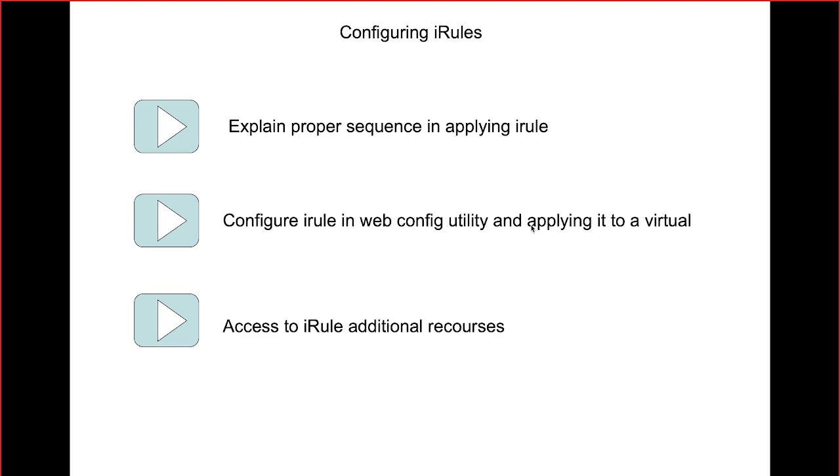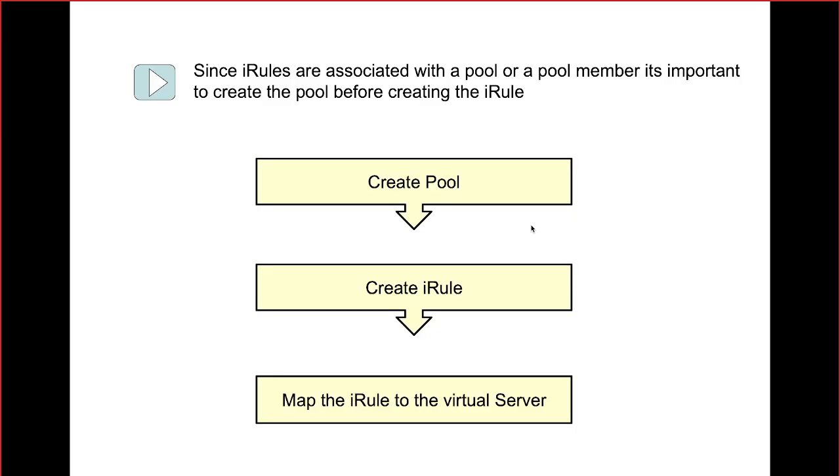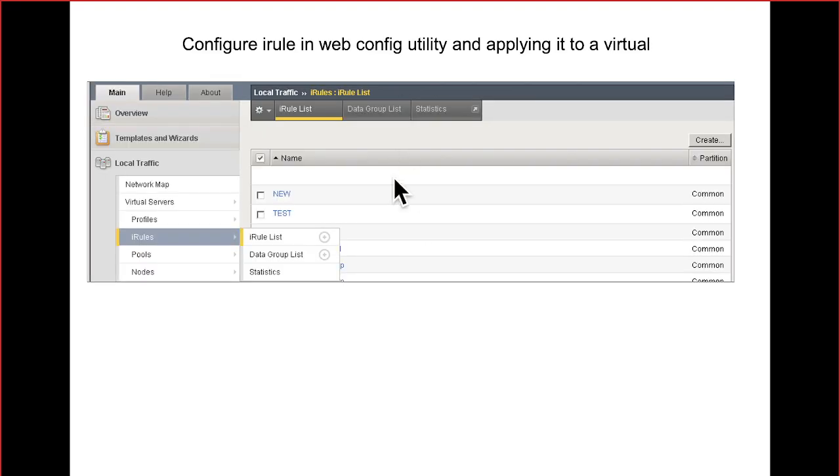Okay, fine. Now let's see the sequence of configuring. We are creating a pool and then creating an iRule. Map the iRule to the virtual server, not to the pool. We are associating the rule to a virtual server. Right, so we are going to be configuring an iRule using the config utility. And apart from that, there was an editor, the iRule editor. There was a tool. Of course, now also it is available, but the development of the tool has been discontinued since 2014. I think in 2016 they had an update. Apart from that, there was no update at all.